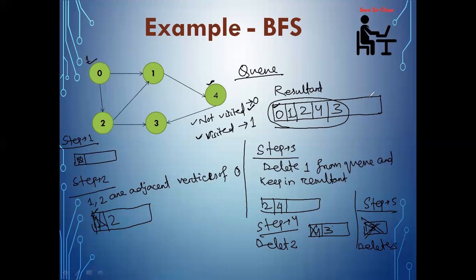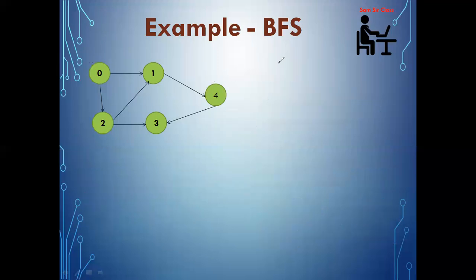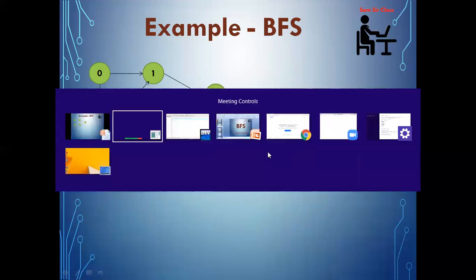Okay. So very simple concept is here. You have to bring the first node into the queue, delete it, and keep it in the resultant. Any node you are deleting, just traverse its adjacent vertices and keep them in the queue. According to the principle of queue, first in, first out, you have to delete the first element you have visited and bring it to the resultant. And when the process is over, your resultant matrix will contain the list. Okay. So let us implement the same concept through programming.